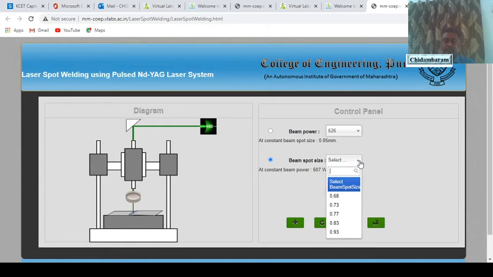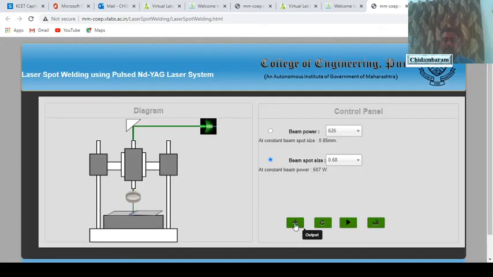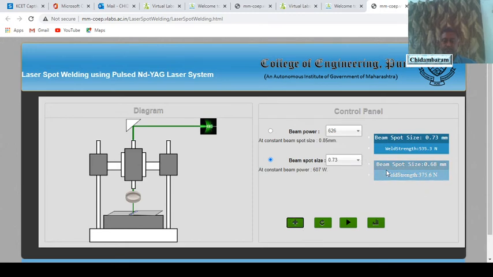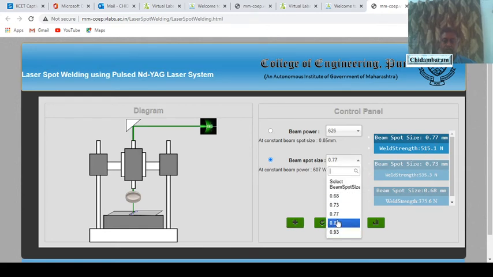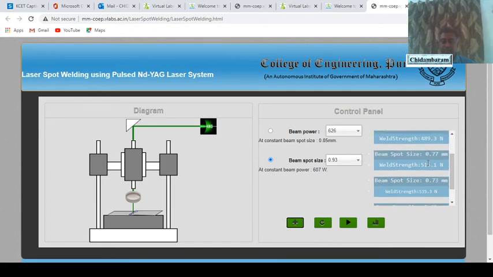Now what I am going to do is select the spot size. It is 0.68. Play the animation, and then go for the result. Weld strength is 375. So 0.73, 375, sorry, 535. So 0.77, 515, there is a drop. 0.83, 489, 0.93, it is 435. So the maximum strength is obtained at 0.77,